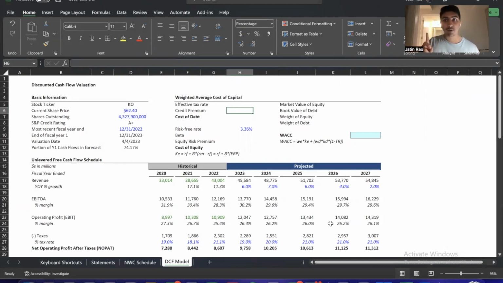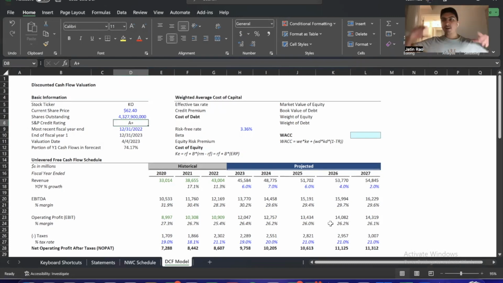How risky is Coca-Cola with its debt investors? And how do we determine what that premium is going to be? The way that you determine how risky any company is with its debt investors is you look